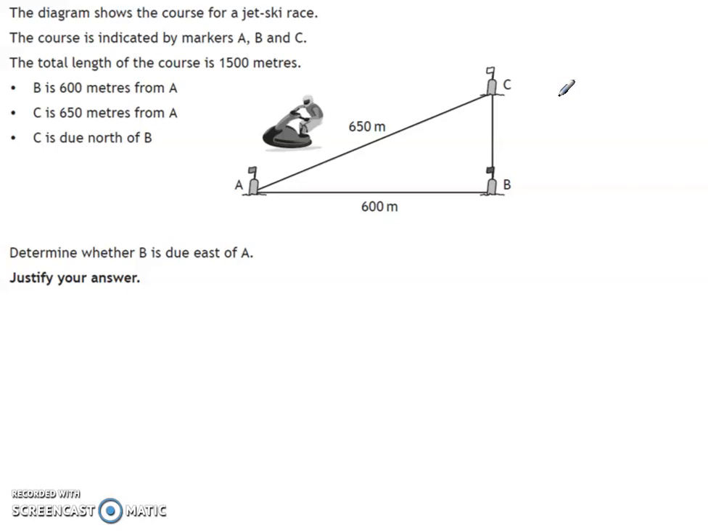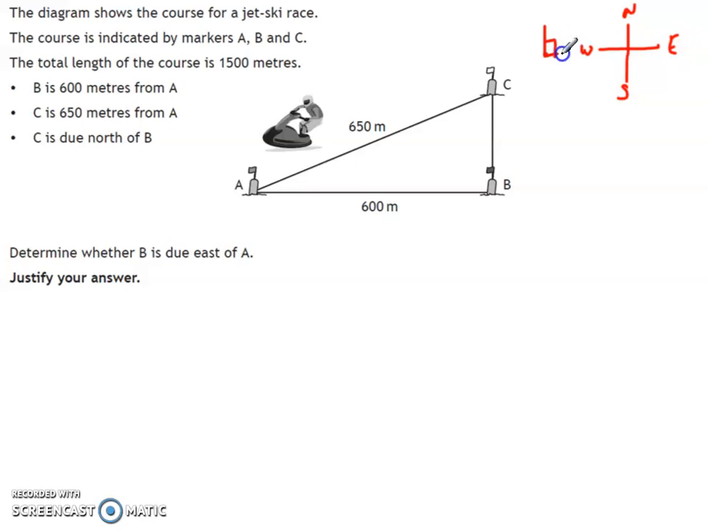Now we know that B is 600 metres from A, C is 650 metres from A, and C is due north of B. We have to determine whether B is due east of A. Well, the first thing we need to figure out is how we can prove that. If we think about just a normal standard compass with north, south, east and west on it, if I have any point here and I've got something that's due east of it, that would mean that the